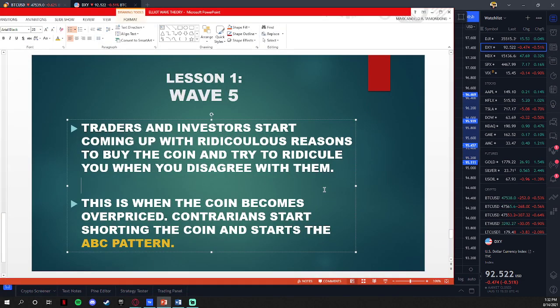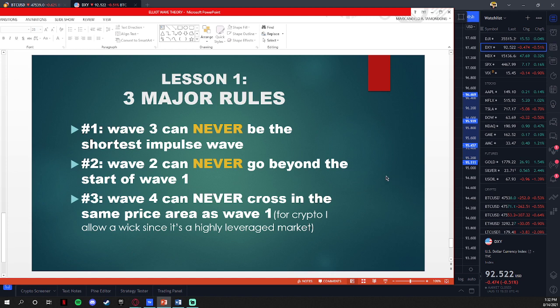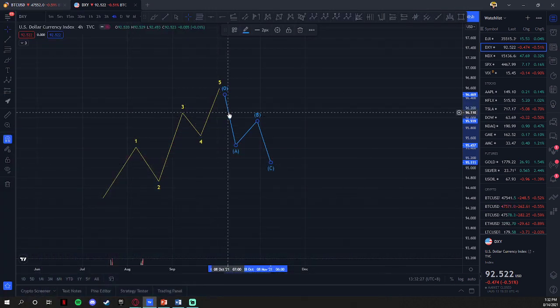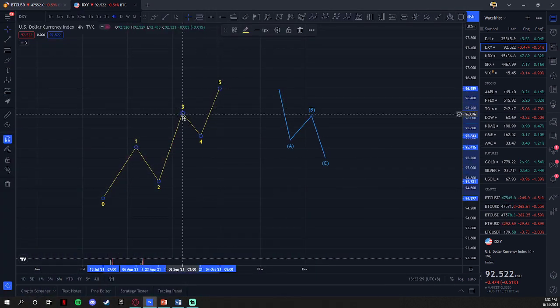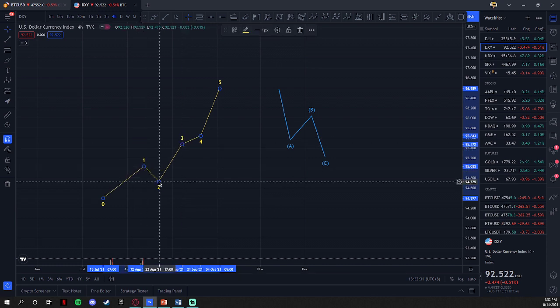So that brings us to the three major rules that are always followed in Elliott waves. So these three rules cannot be broken, and if they are broken, then that means you have incorrectly counted your waves and you must do a recount. Okay, so rule number 1, this is very important, so make a note for yourself because it's very important. Wave 3 can never be the shortest impulse wave. Okay, so let's say the wave 3 is like this,